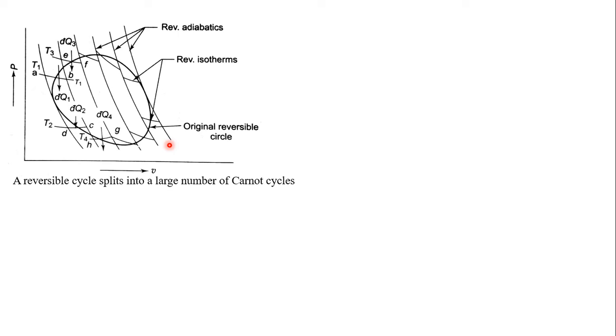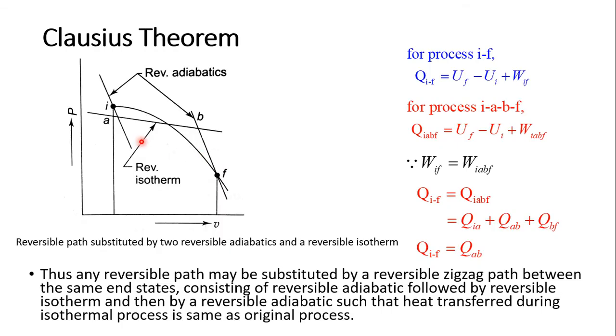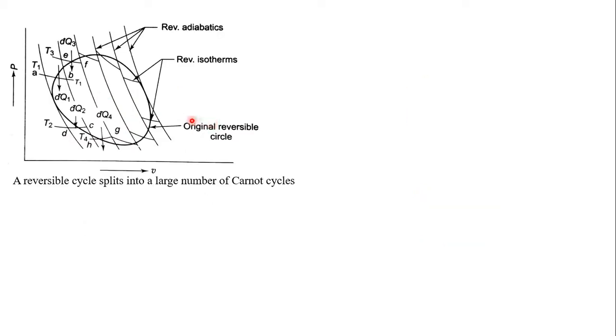Next, the previous part which we studied will be used over here. So here again a PV diagram is drawn, and if you see, a reversible cycle is drawn. So this is the original reversible cycle. Any random cycle is drawn, but what is the condition? This is a reversible cycle. Now, as we had seen in the previous case, we are using two reversible adiabatics and one reversible isotherm. The same thing I have done over here.